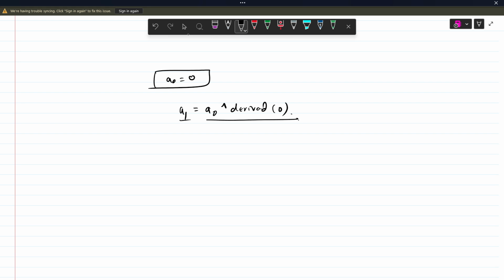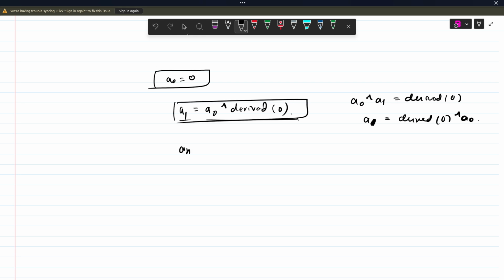Why is this true? Because we know that a of 0 XOR a of 1 equals derived of 0. So a of 1 would be derived of 0 XOR a of 0. So we have this value, and similarly a of n would be a of n minus 2